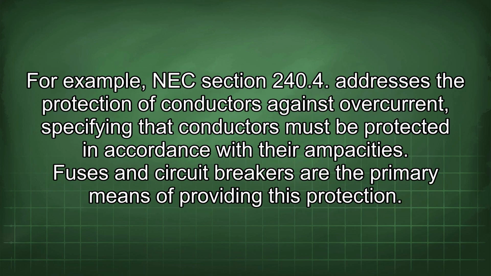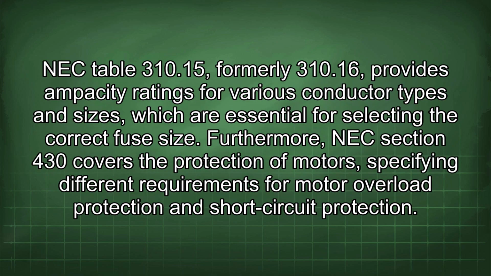For example, NEC Section 240.4 addresses the protection of conductors against overcurrent, specifying that conductors must be protected in accordance with their ampacities. Fuses and circuit breakers are the primary means of providing this protection. NEC Table 310.15, formerly 310.16, provides ampacity ratings for various conductor types and sizes, which are essential for selecting the